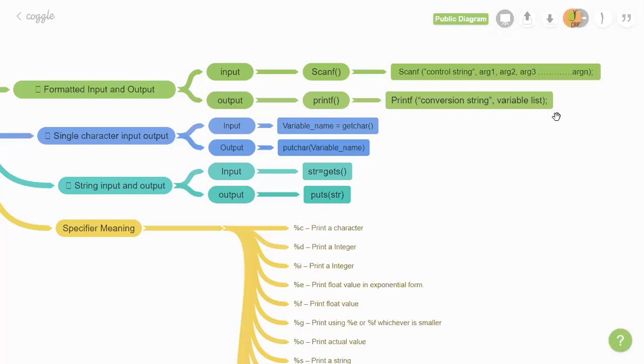Okay, the control string is the formatting string, where we are going to use the specifiers. Then you can pass the arguments, where the argument values will be stored, whereas you can print the value from the conversion string. Again, conversion strings are nothing but your specifiers, and you can use a number of variables as a list. So see here,